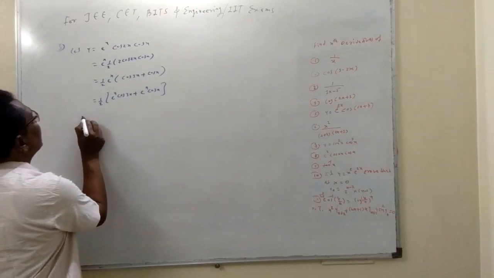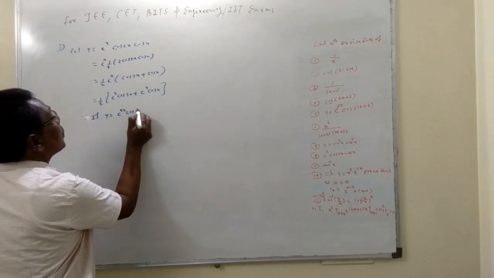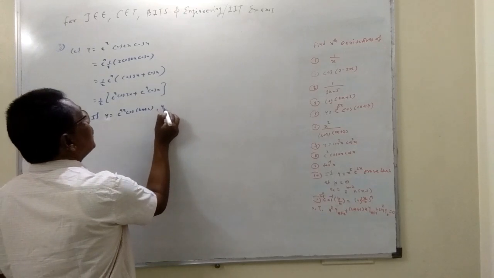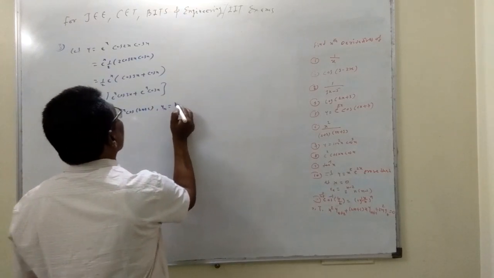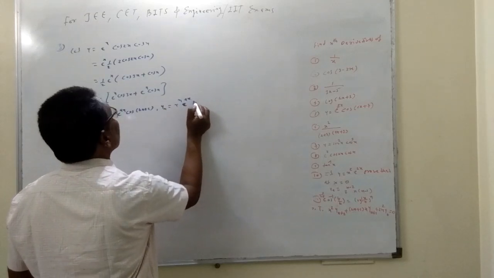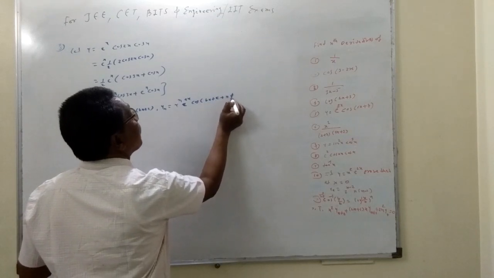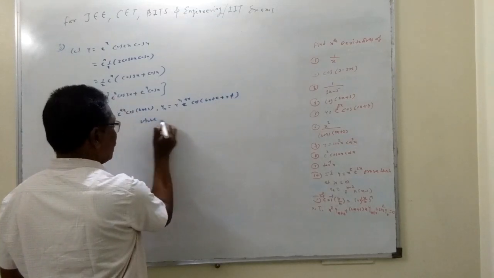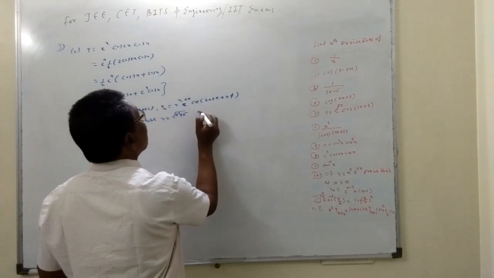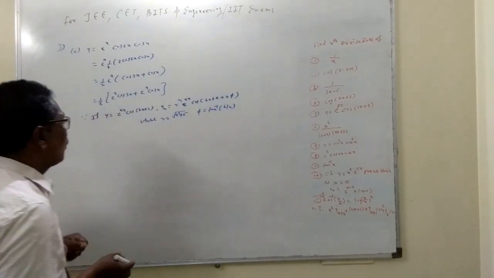We write the formula. If y is equal to e raised to ax cos bx plus c, yn is equal to r raised to n e raised to ax cos bx plus c plus n phi, where r is equal to under root a square plus b square, phi is equal to tan inverse b by a. Now here